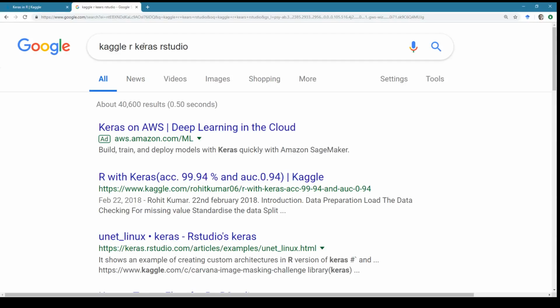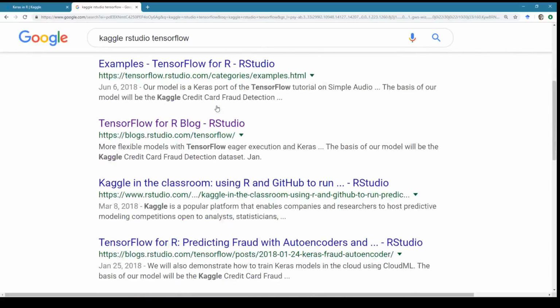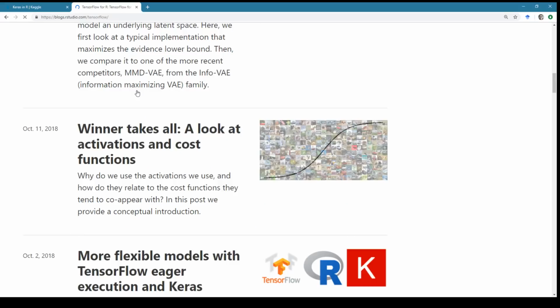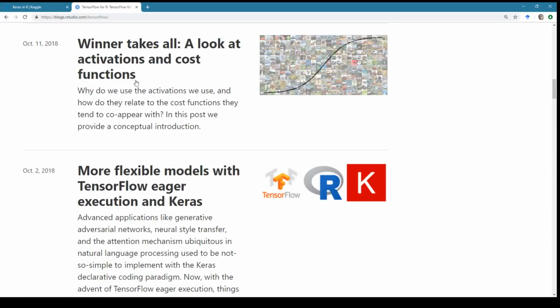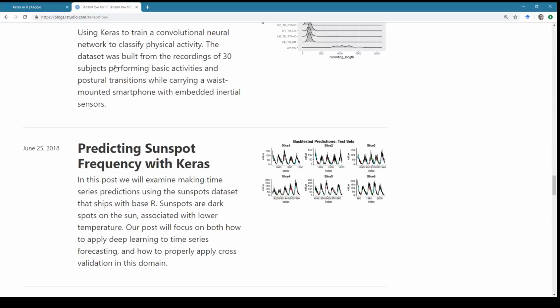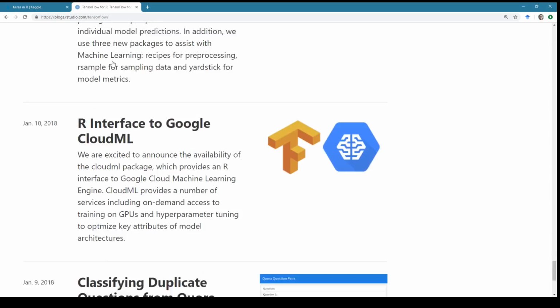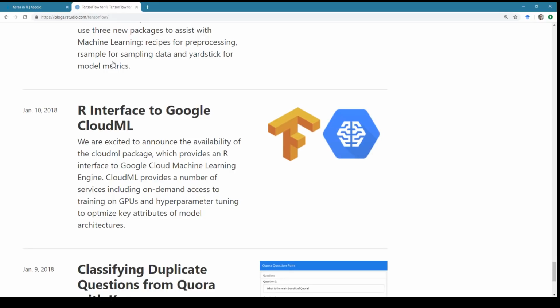Let's try maybe Kaggle RStudio TensorFlow. TensorFlow for R blog. I didn't think we'd need this because I thought we'd done all this already, and I was incorrect. Customer churn, CloudML, duplicate questions.